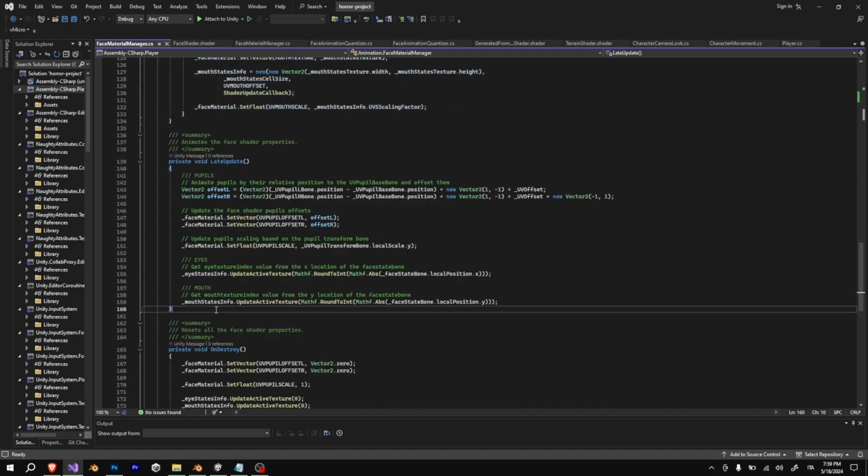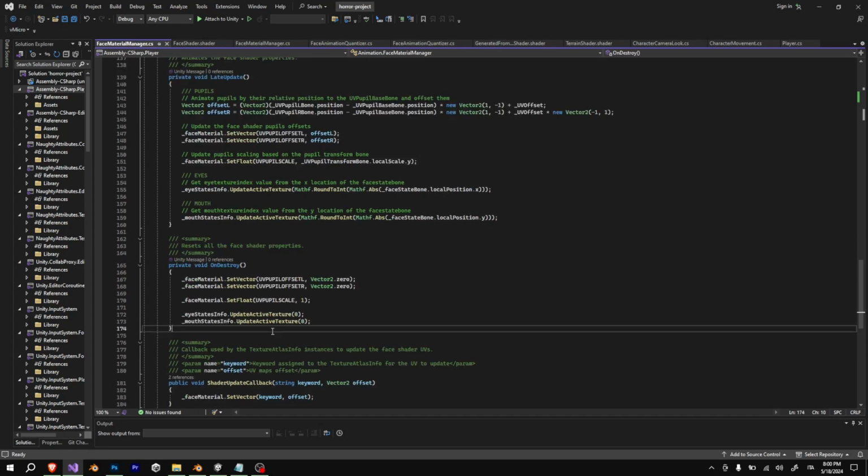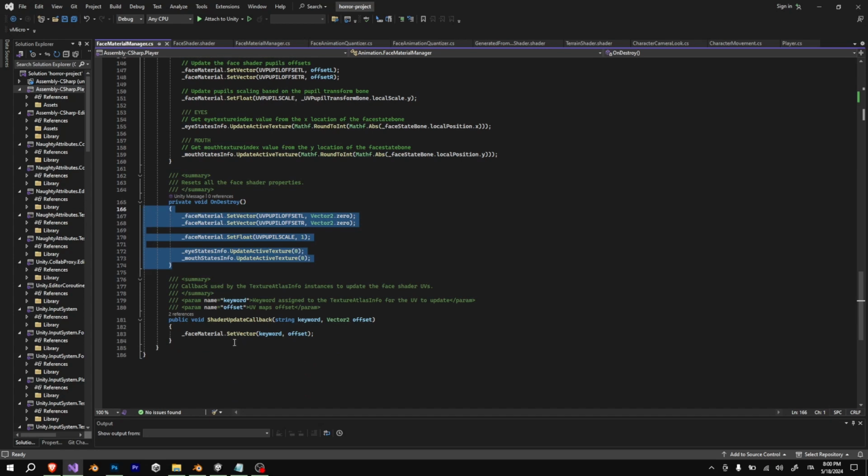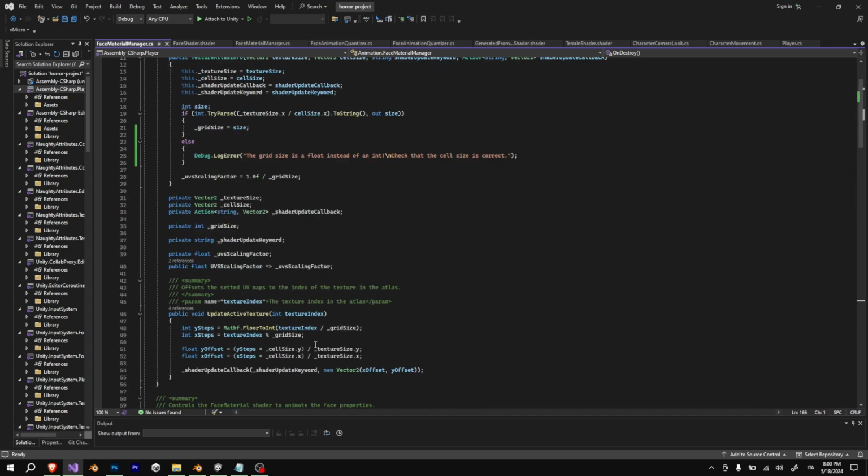In the late update, we are actually doing the magic right here. We are calculating the offsets for the pupils right here by subtracting the relative positions of the bones to the UV pupil base bones and adding our UV offsets. Here we are updating the face shader pupil offsets that we calculated earlier. We are also getting the UV pupils scale. Here we are using the face state bone locations as data for updating the textures of the eyes and the mouth. On destroy, just basically resets everything, and this is a shader update callback used by a class